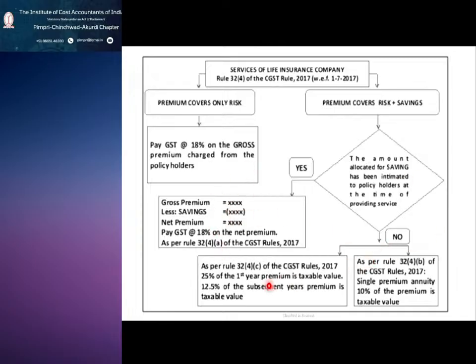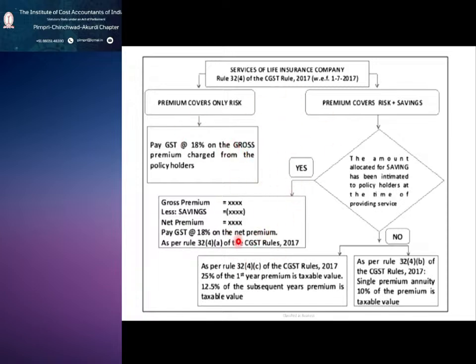If not intimated, then we need to go as per this. So very simple only. If you see the problems, you may find it still easy. Then, if the premium covers only risk, whatever you are collecting as premium against the insurance, directly pay GST 18% on the gross premium amount. The problem here is only,